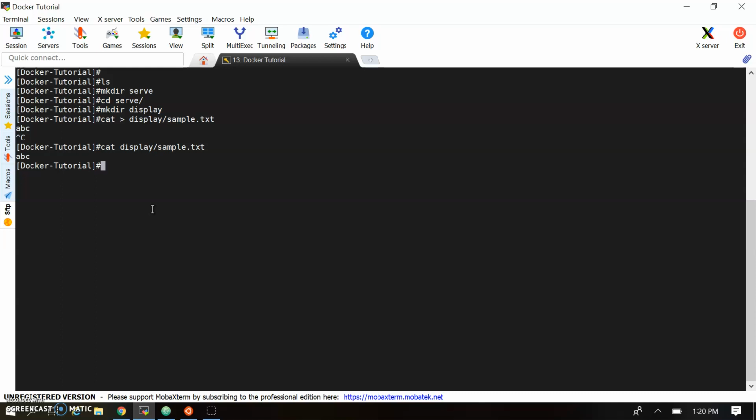Now we'll create one more directory, named web. We want to create web under display, so let me move web under display. Now let's go to display web, and let me create one index.html file.